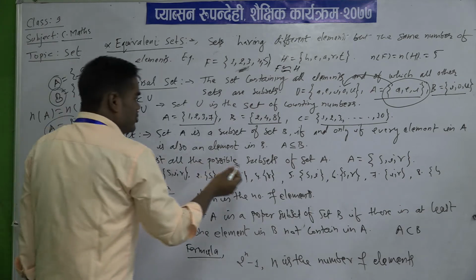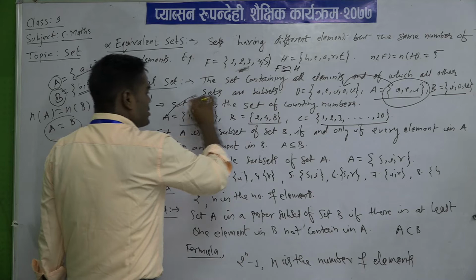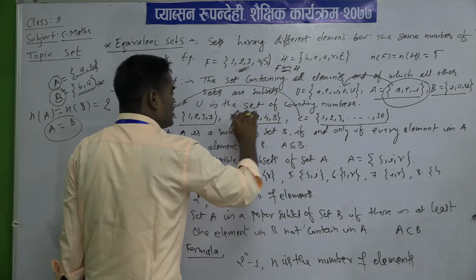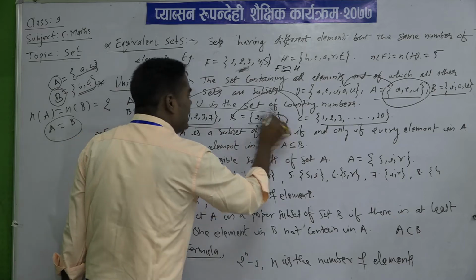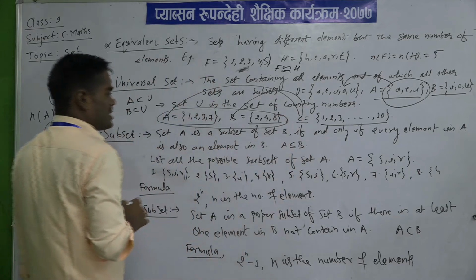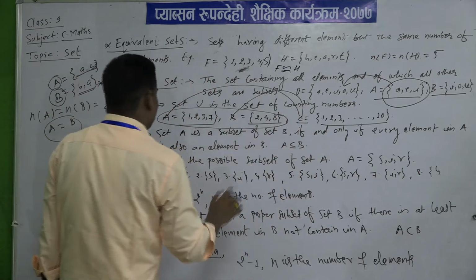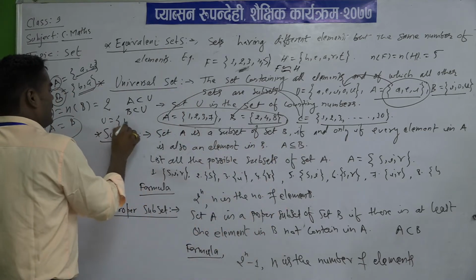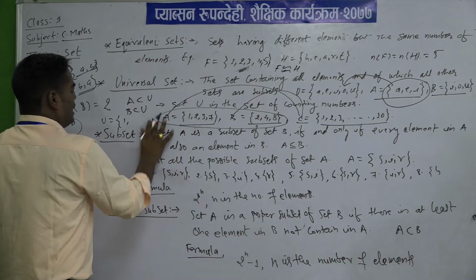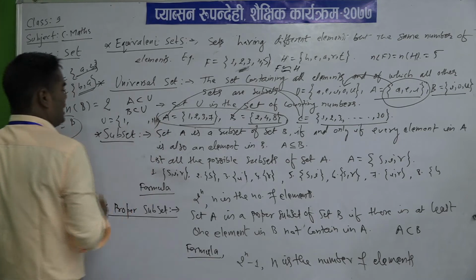So for this you can also say that A is a subset of C, and B is also a subset of C. So for set A and set B, C is also the universal set, but we can denote it also if you take the universal set like 1 to 11.